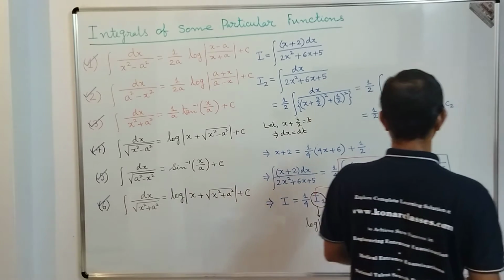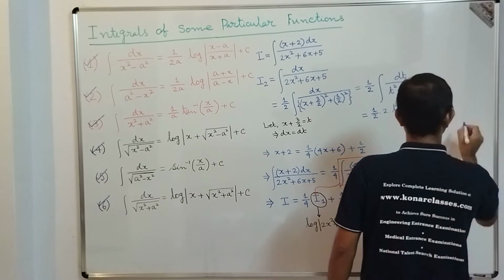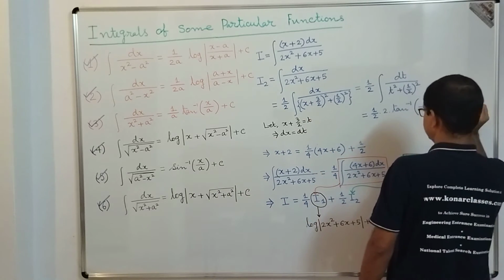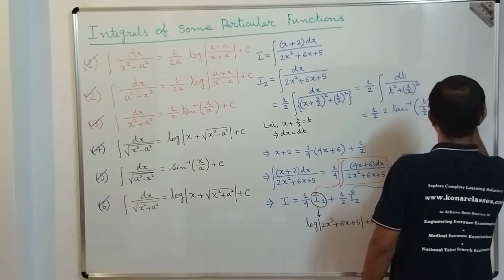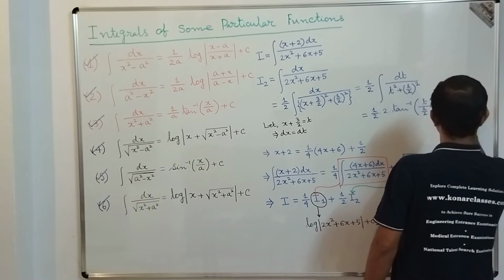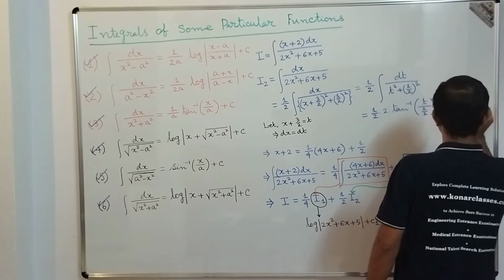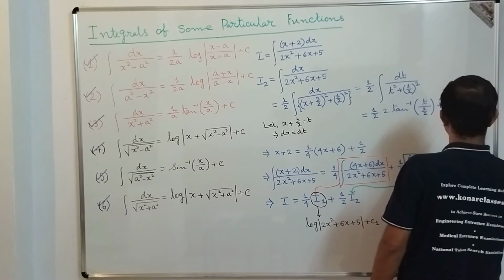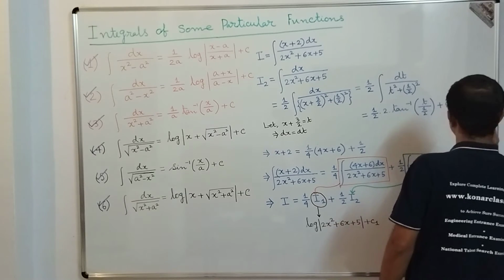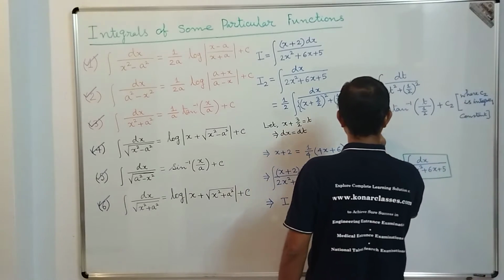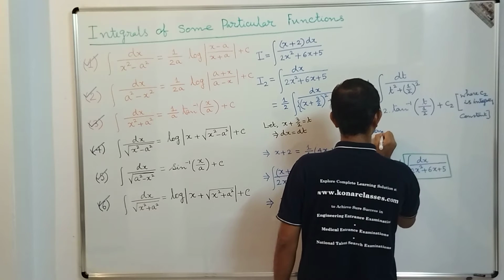So we can write here that C2 is an integrating constant. Okay. Now what we get here is tan inverse of